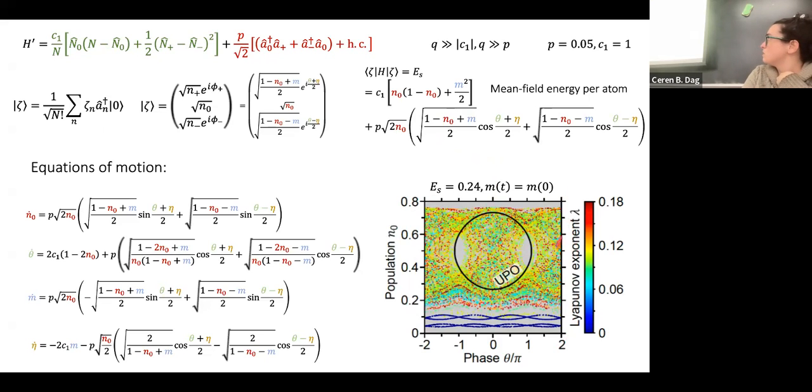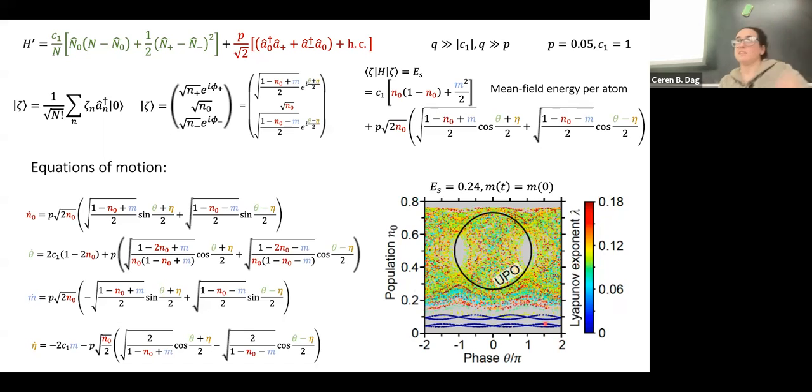Why? Because this region here is chaotic. You can see it from the color codes with the Lyapunov exponent. These are all chaotic trajectories. And to our surprise, there is an unstable periodic orbit living in the middle of this. And on this regular region with the stable periodic orbits, they have 0 Lyapunov exponents. So after studying